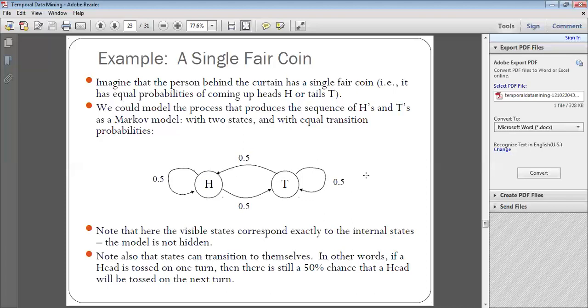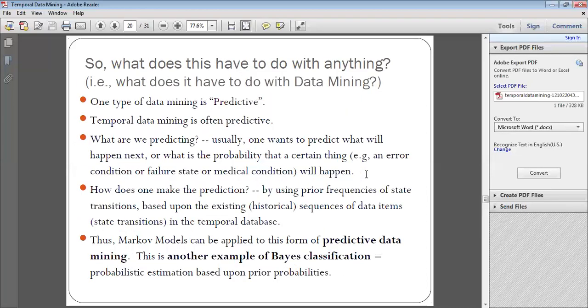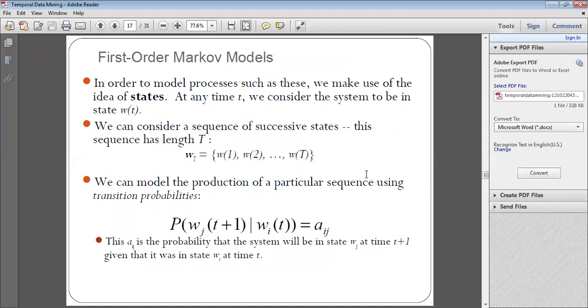Now I shall give you a detailed explanation of what it actually does. In the Markov model, we consider that there is a sequence of t events which are related to each other in a sequential manner. As written here, we can consider a sequence of successive states. This sequence has a length t. Here there are t events W1, W2 up to Wt, which are related to each other and follow the same order as W1, W2, W3 and Wt. Here order means through W1 we can go to W2, and from W2 to W3, and so on